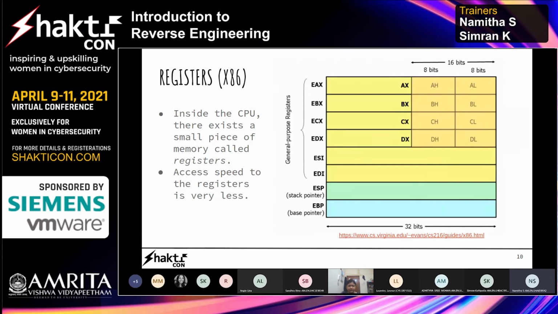A major important part of x86 code is registers. So what are registers? Registers are a small piece of memory that exists inside a CPU. The x86 architecture provides 8 registers that are shown here, each of which is 32-bit or 4 bytes long.